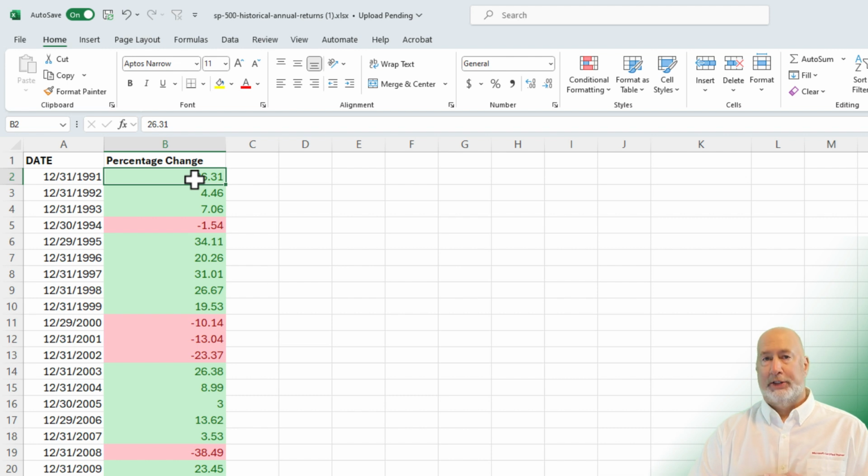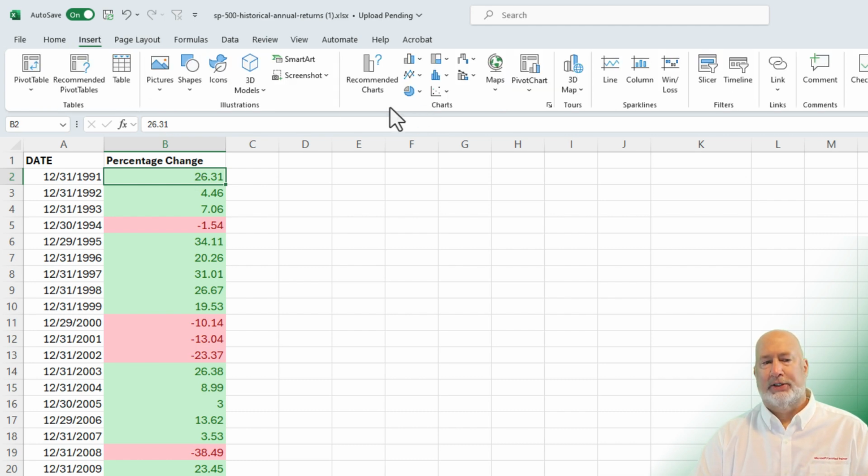Now, let's go make that column chart with two different colors. We're going to have to do some formatting on the dates because I just want to see the year. We're going to add a vertical axis to it to put in the word percentages. Let's dive into this right now.